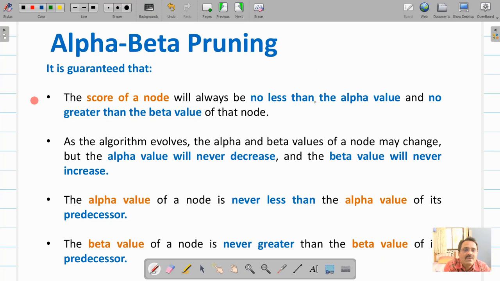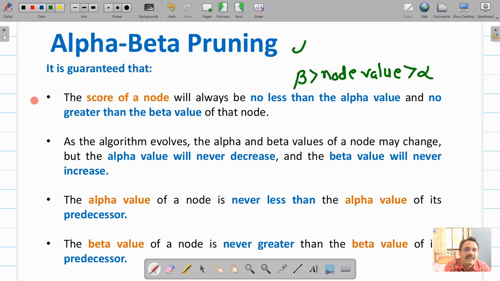So we are saying no less than alpha, that means it is greater than alpha, and no greater than beta, that means it is less than beta. So that means this node value is between alpha and beta.